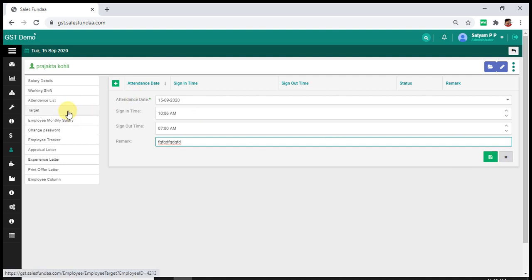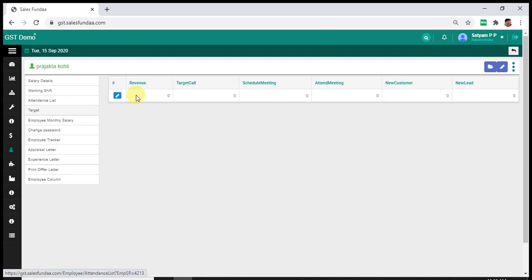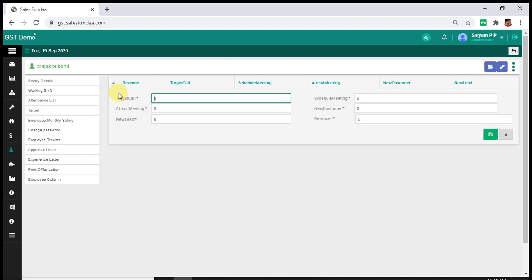Next is target. You can define target to this particular employee. To add the target, click on this pencil like icon. Target call, you can add your target call here. Attend meeting, you can add the daily attending meeting. Number of lead.